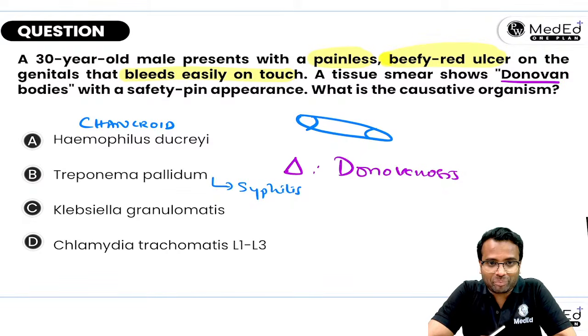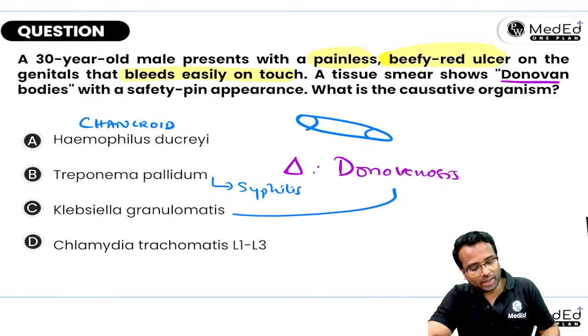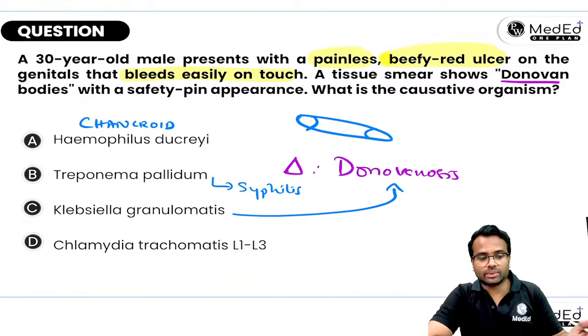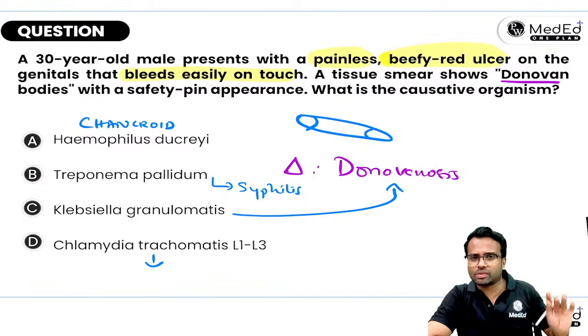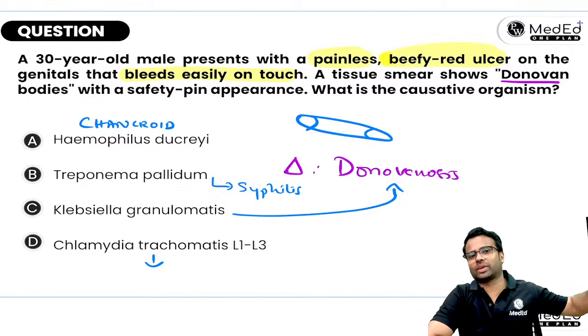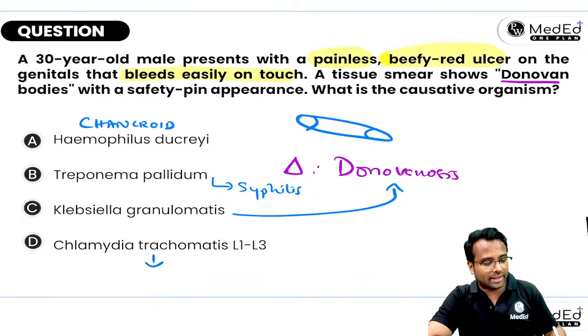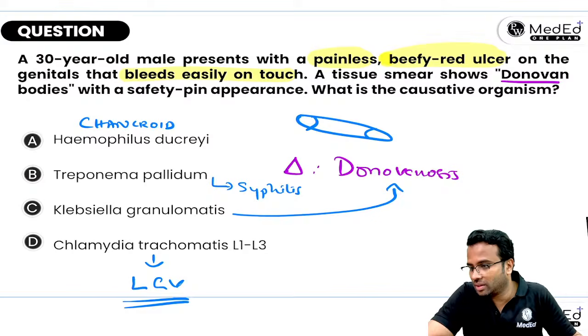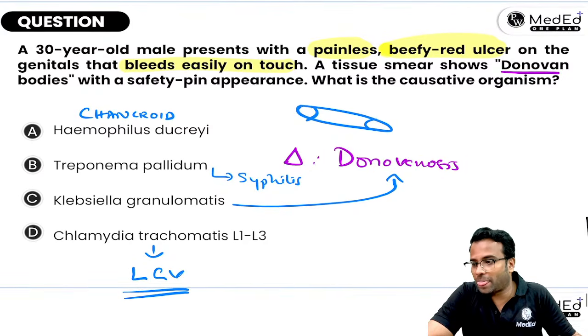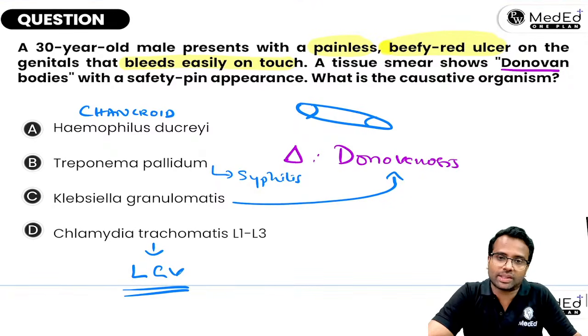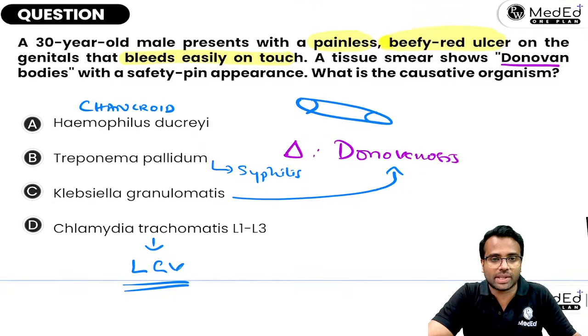Are we close now? Yeah. Klebsiella granulomatis is what causes donovanosis. And how about Chlamydia trachomatis? Anyone? The last one. We discussed a few a while ago. Chlamydia trachomatis L1, L2, L3 serovars can cause LGV. So beefy red color ulcer means always think about donovanosis, and it's caused by